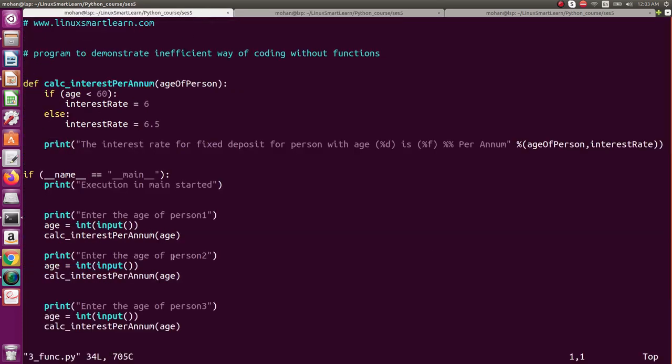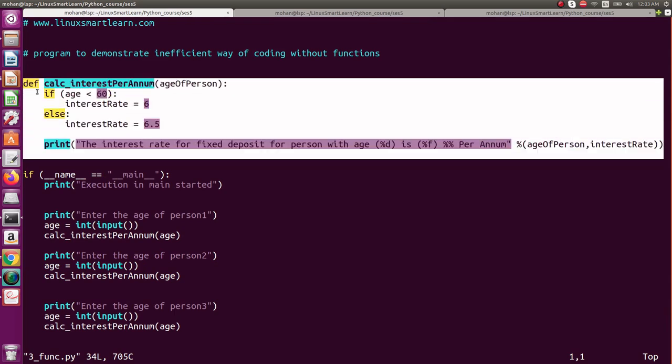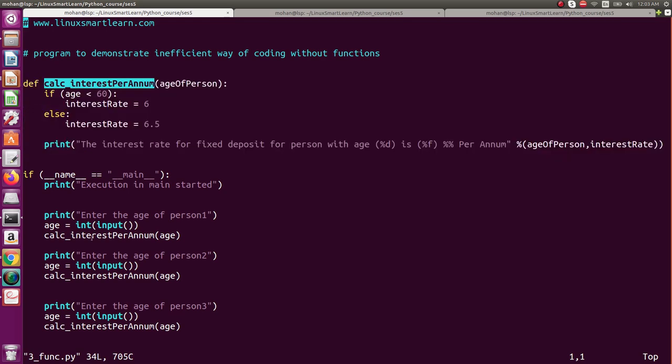So this program explains that we can write all the code that calculates a particular business logic into a function, and that function can be called wherever applicable. So here, as a note, let's say that down the line the bank decides that the interest rate of the person below 60 has to be changed. Now we can do the same with no issues. For example,